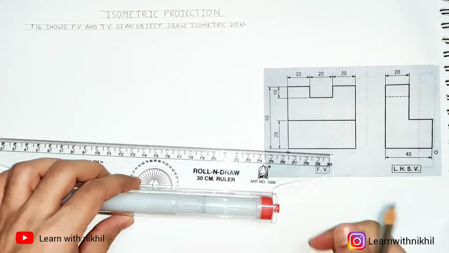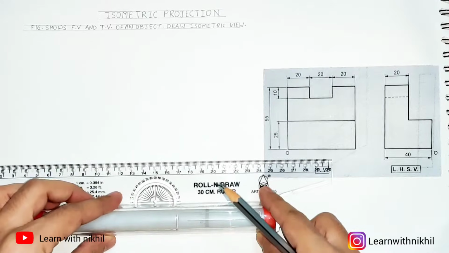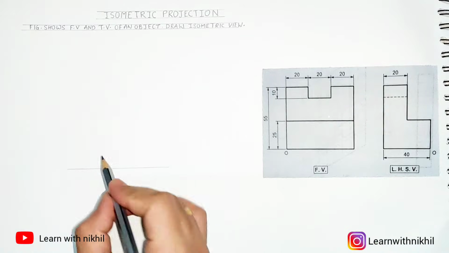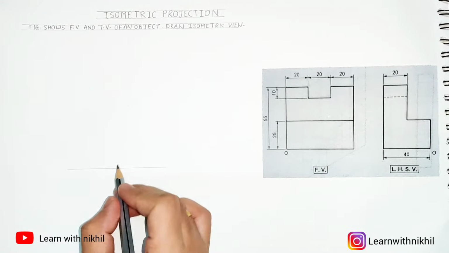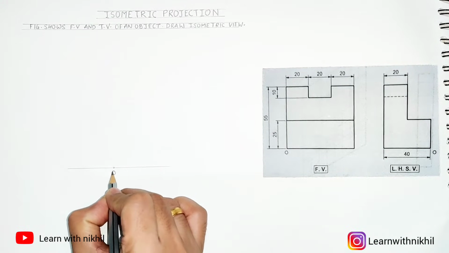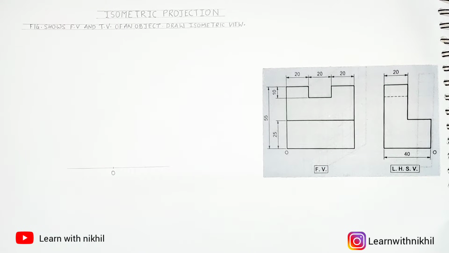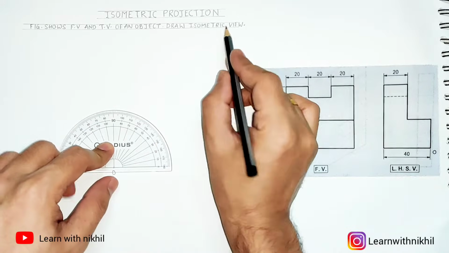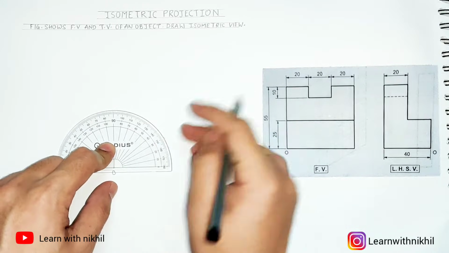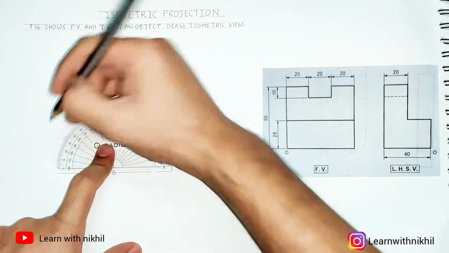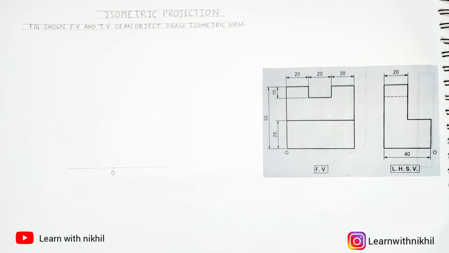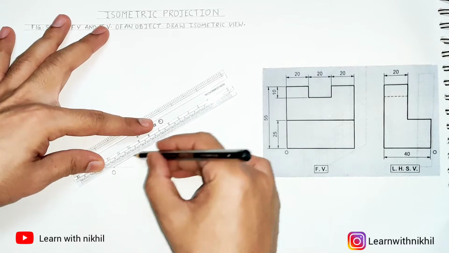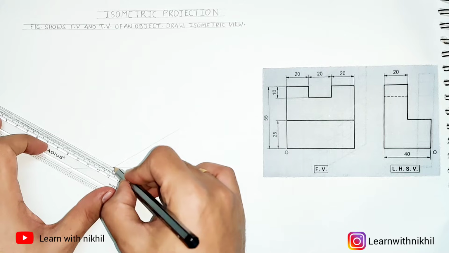So first step, we will draw a straight line. Any two figures can be given, front view, side view, or front view, top view, and we have to draw its three-dimensional view. So this is the center O, which is there in the views also. From that point, as it is isometric view, we will take the angle as 30 degrees. So we'll draw lines. This angle is 30 degree and this side is 30 degree.